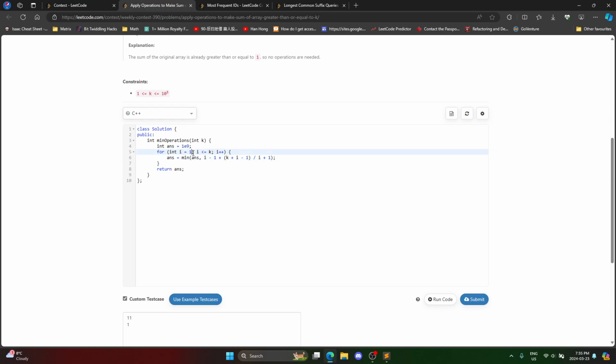So increase the first element up to I, and then